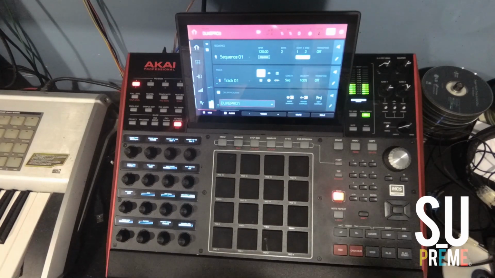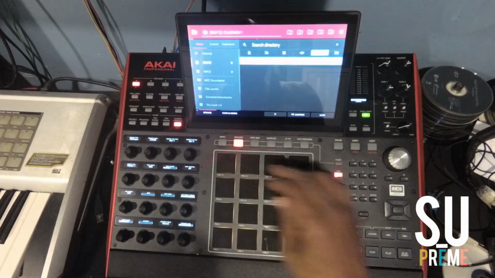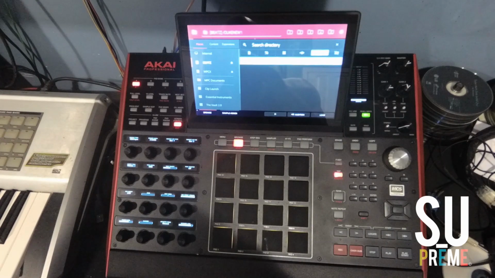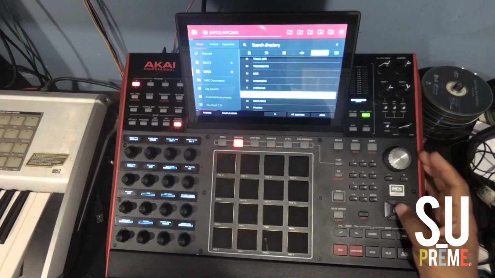Now this is where I just test my samples, but I got to get some drums up in here. So, you know, boom, I go in and I find my drums. So it's in internal. So